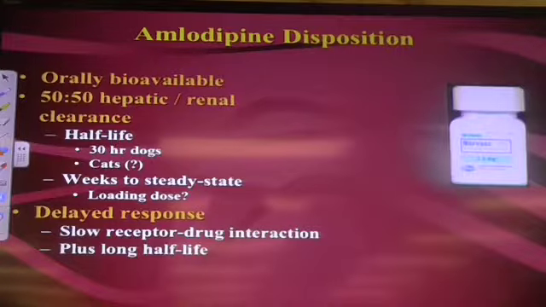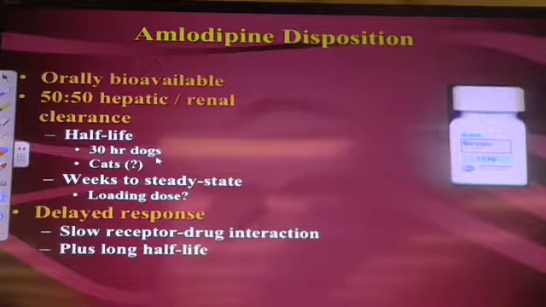So, there's not much to say about its disposition because we don't know. This drug really has not been studied well in animals. What we do know is that in most species, it is both liver and kidney. I'm not sure that makes a world of difference to you using it because how are you going to use this drug? What are you going to do to monitor the patient? Blood pressure. So it really doesn't make any difference right now if it goes out via the kidney or the liver. Yeah, if you have renal disease, you're just going to monitor these patients a little bit more closely.